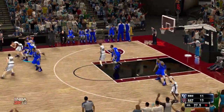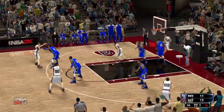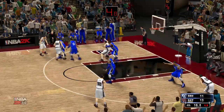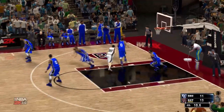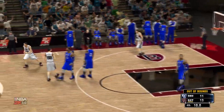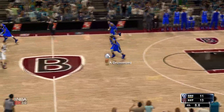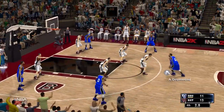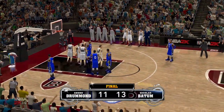They double in with Drummond. Batum dishes to Batum. To the middle. Batum passes to Batum. A fader. And it ends up out of bounds. Game moves along. 2 minutes gone here in the 4th. And Drummond kicks to Drummond. Pulls up. High post. And so they get the victory here at home. And Clark, you know, it was